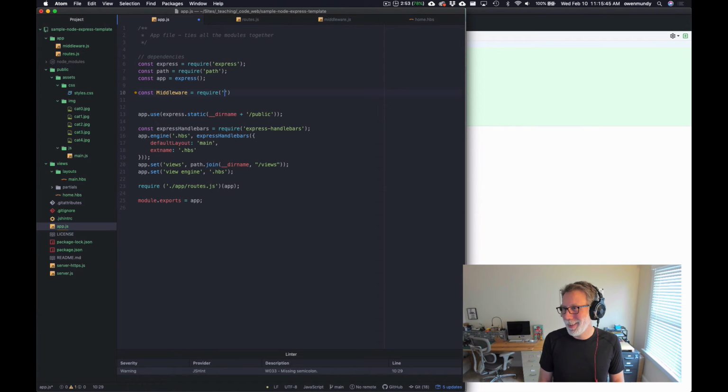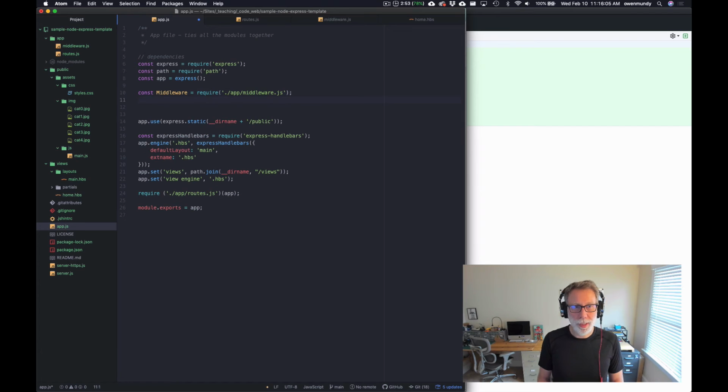Then you'll start to see object names with caps, but in general JavaScript is camel case. So just like all other modules, you'll list the path of it, and it's middleware.js,